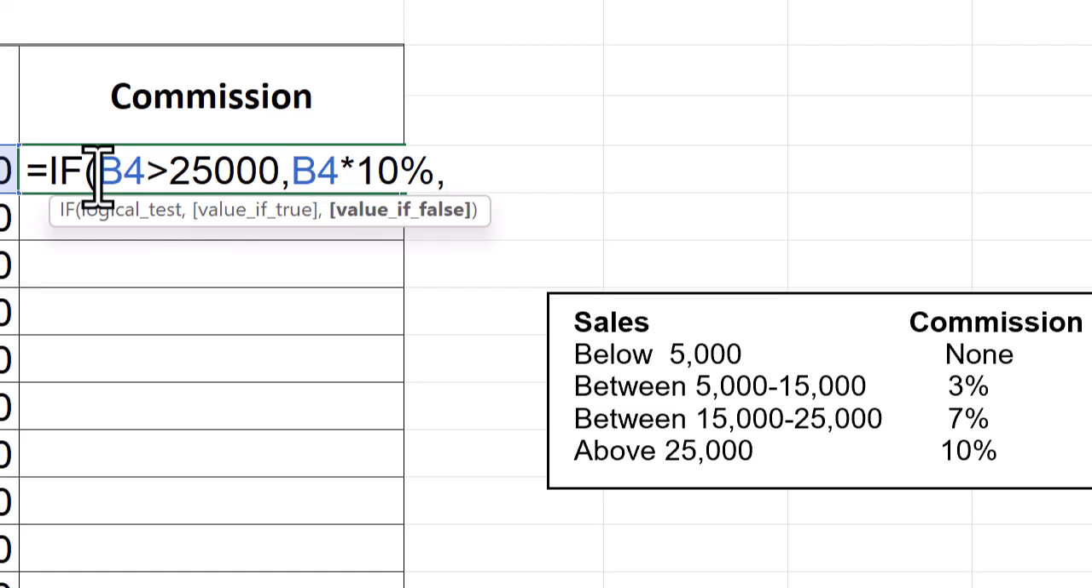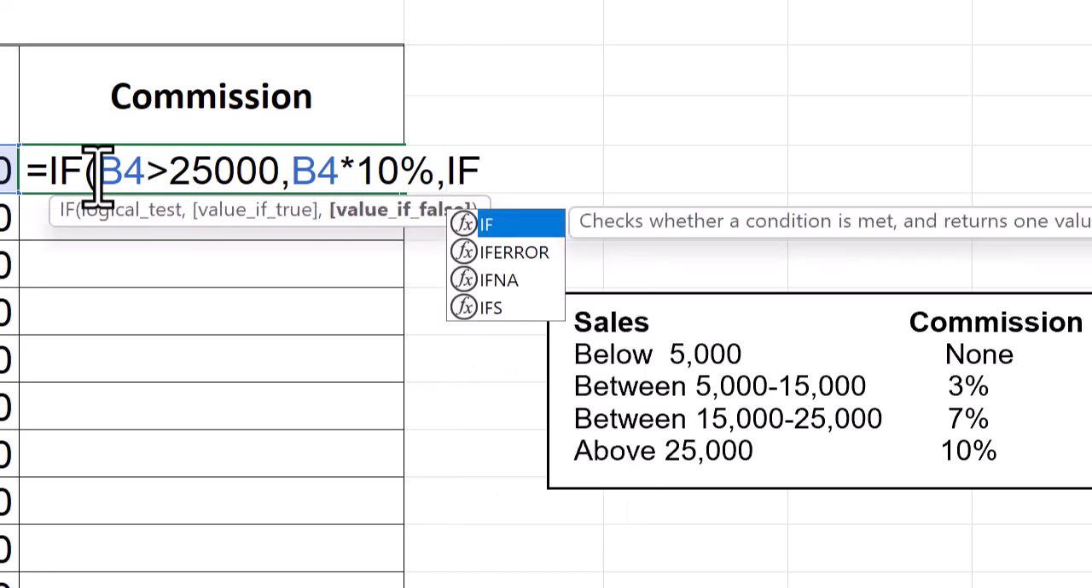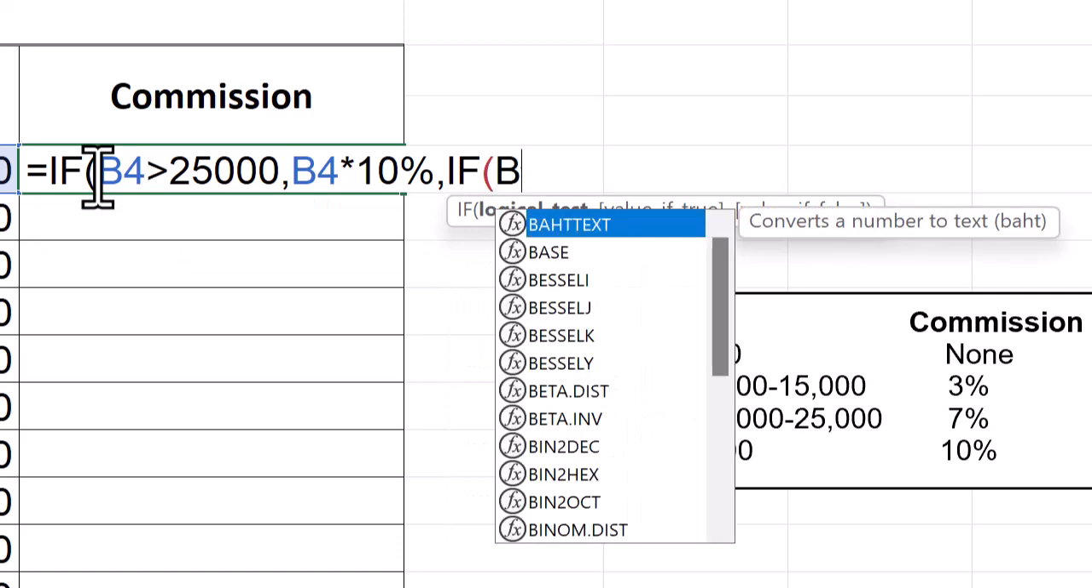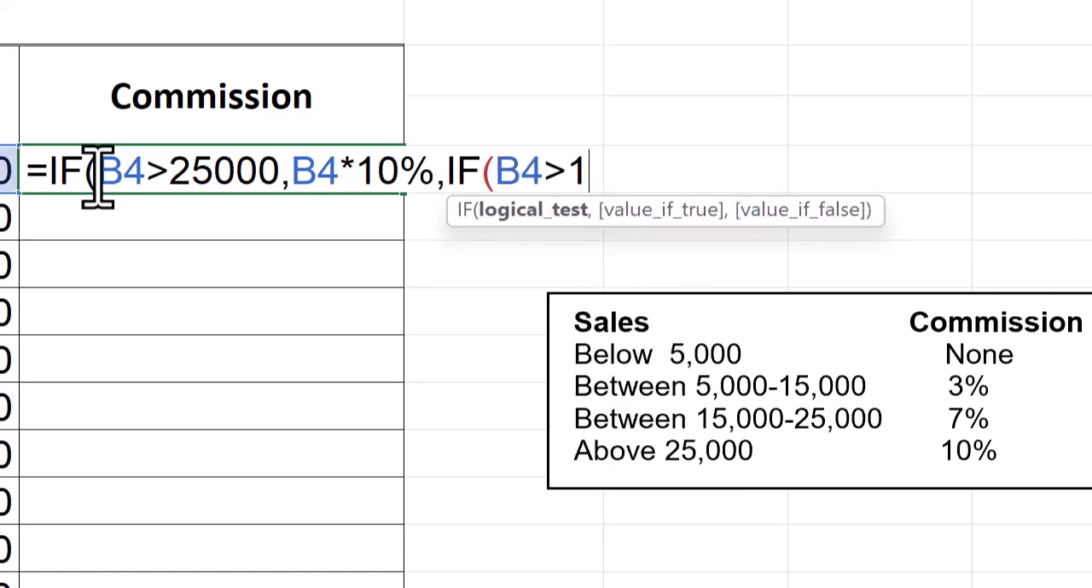Well, what happens if it's false? Well, then it's the next condition. So if the first condition is false, then the next condition I want to evaluate is that B4 is greater than 15,000. So once I have my comma, I'm going to start again with another IF(B4>15000, and if that is true, multiply B4 times 7%,